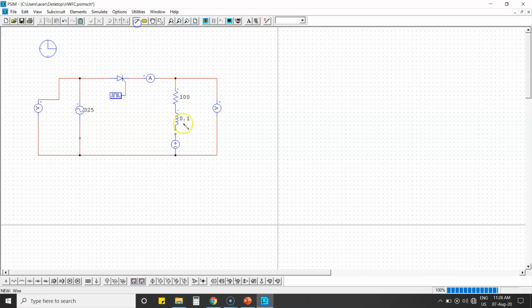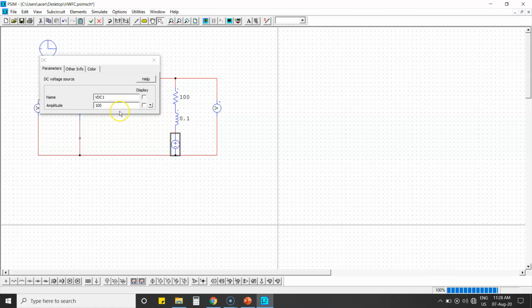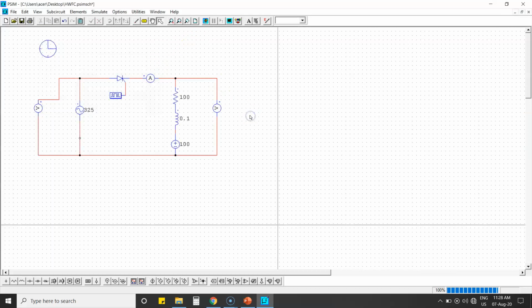So just connect the wires with inductor. The main thing is your DC voltage should be less than the maximum voltage of your sine wave. So click here. You have taken the amplitude as 1. Let us take this as a 1, and we can take this value as E to represent RLE load. So now run the simulation again.